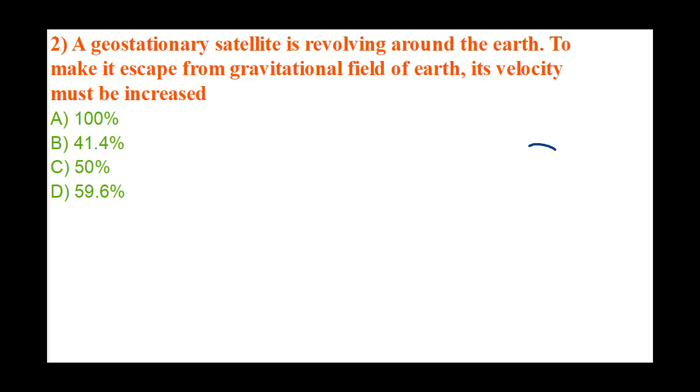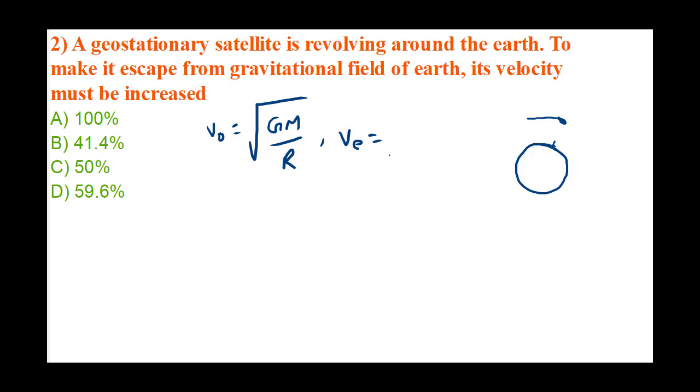So if I just draw a rough diagram of this, here the satellite is at this point, moving with respect to Earth in this way, and the Earth is also spinning, so it appears stationary to a particular observer here. Now when it is moving in a circular orbit, the velocity possessed by the satellite is called the orbital velocity, which is equal to root of GM upon r. Now in order to make this satellite escape from the Earth's gravitational field, this velocity must be equal to root of 2GM upon r. Now it already has v0 velocity, so you must apply this much extra energy.